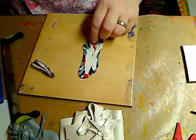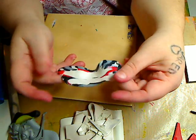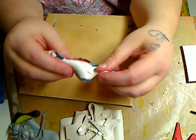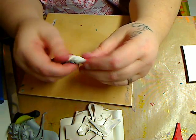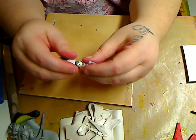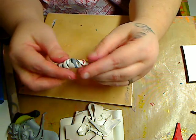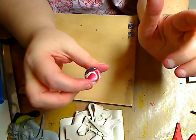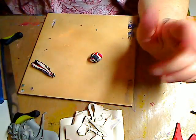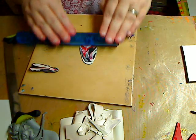This didn't have anything on the other side. But what you can do, fun things to do when you have extra pieces or things don't turn out, is turn them into good things. So take this and twist it, twist it, twist it. See, I'm not perfect. I didn't really do this that well. I showed you how to get to where this point is, but sometimes things don't work out. And then I twist it and then I'll roll it. And you get a bead. Different kind of bead, or you can, God, my stuff's really soft, roll it out,